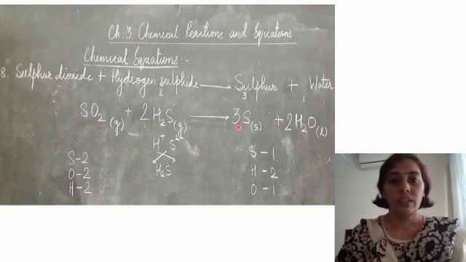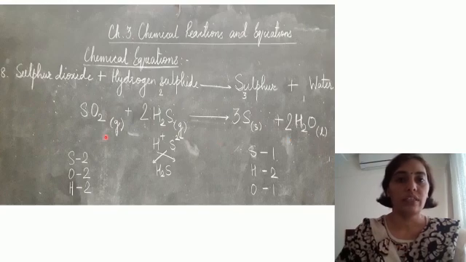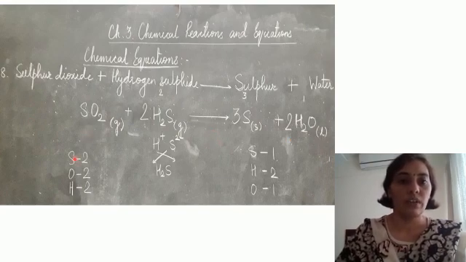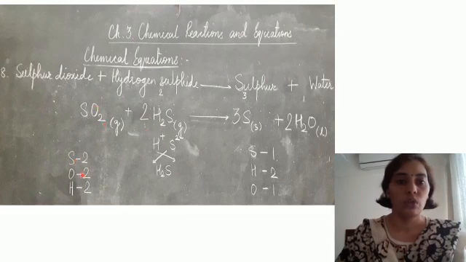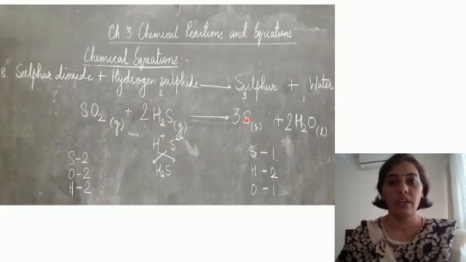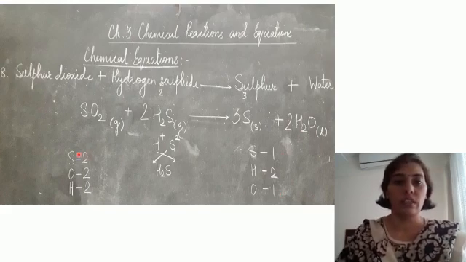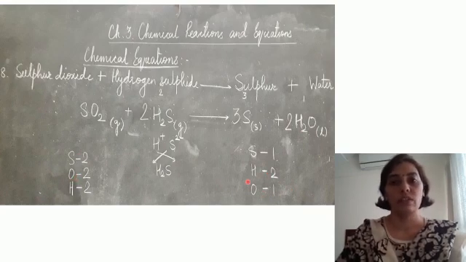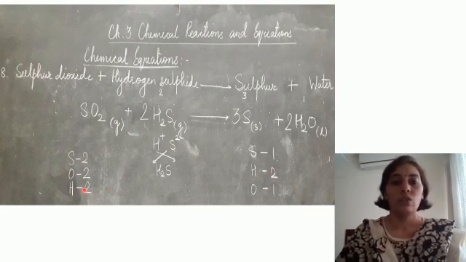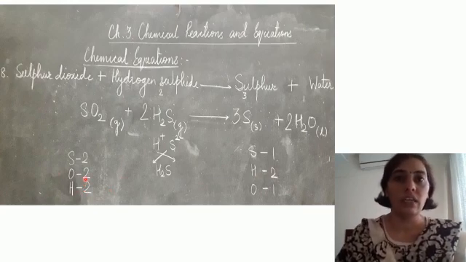So now that we have written the equation, let's balance the equation. Let's count the number of atoms on each side. Sulfur here is 2, 1 and 1 here. Total is 2. Oxygen 2. Hydrogen 2. Product side, sulfur here we have 1. Hydrogen we have 2 and oxygen we have 1. So what are we to balance? We have to balance sulfur because here it is not balanced. Oxygen we need to balance, that is also not balanced. Hydrogen is balanced. We can see same number here. So it's better that we start by balancing oxygen.